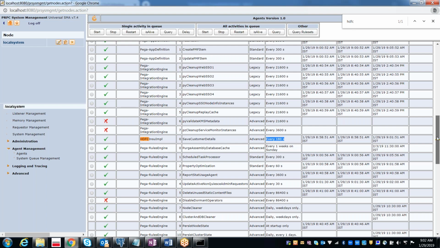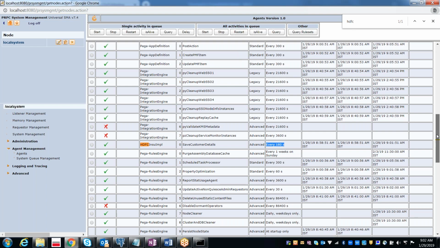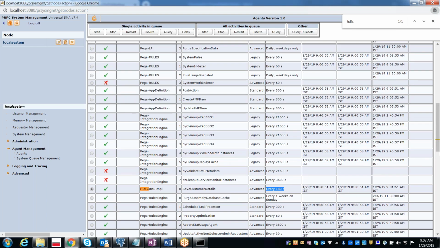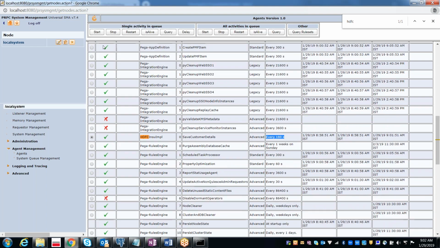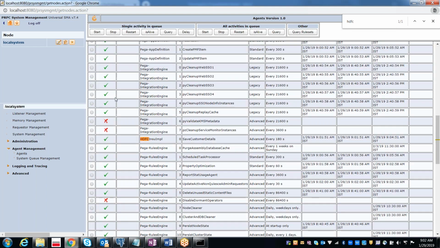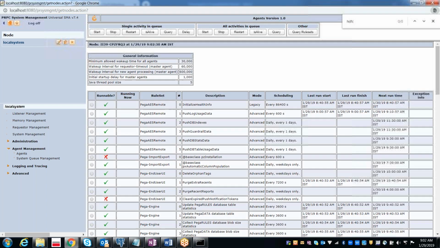So if you want to trace this particular agent, select that. Here you have start, stop, restart; these are the options available. I'm just doing restart, and then here we need to delay it.